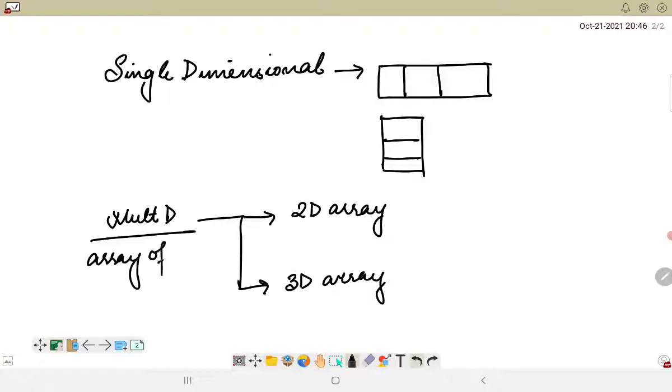So why they are known as array of arrays, we will talk about it, and we will also see how it is being represented.